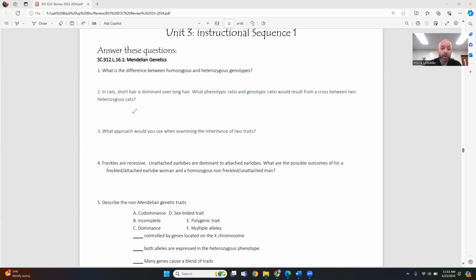Question 3. What approach would you use when examining the inheritance of two traits? Back in the past, we would use something called a dihybrid cross. But now we don't really do that anymore. This would have been the big 16-box Punnett square. The approach we're actually going to use is going to be slightly different. You're going to do two separate Punnett squares,